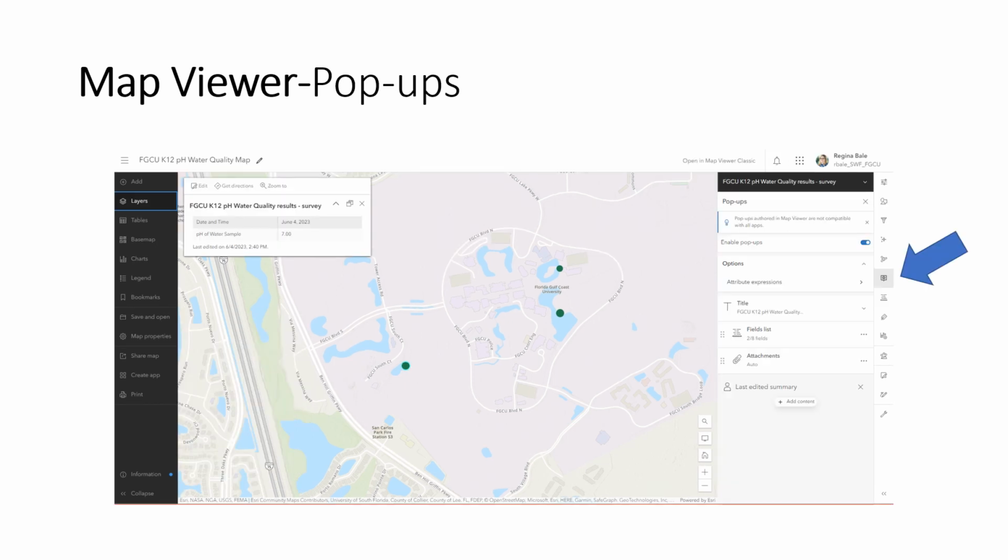So the pop-up section has an icon of a call-out box. You can see that it's highlighted here with an arrow pointing towards it. When you hover your cursor over that icon, a label will appear with the title Pop-ups. Once you open the pop-up section to configure your pop-ups, the generic pop-up appears on the left side of the